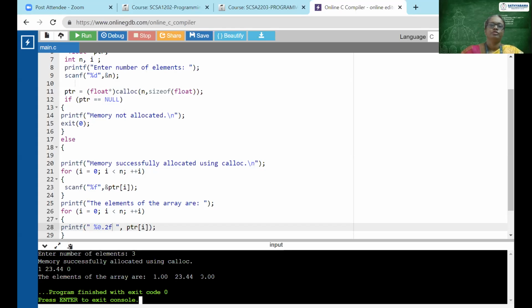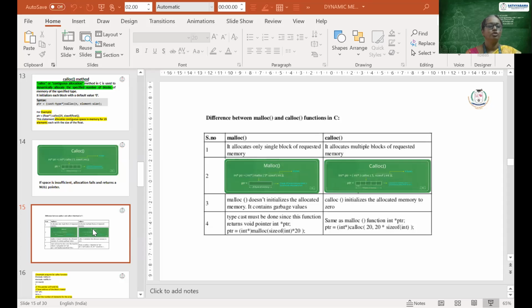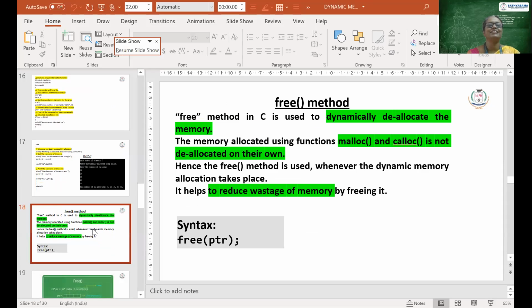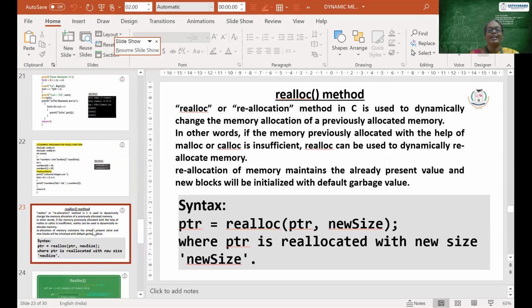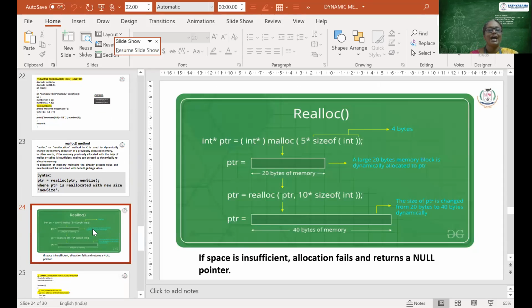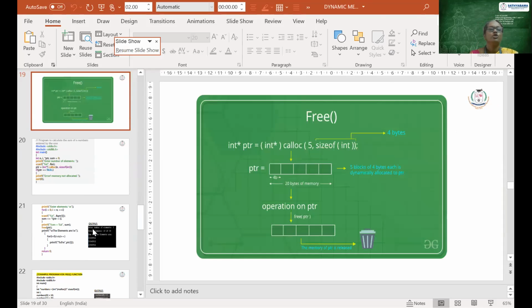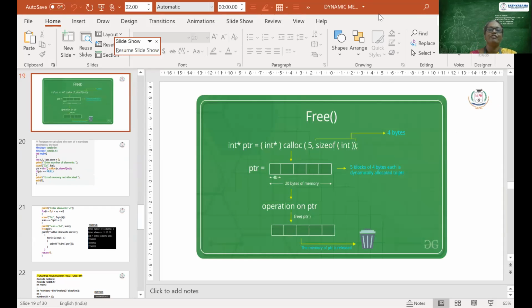Yes, ma'am. Okay. So today we have seen malloc and calloc. The other function is free. I will teach you in the next class. And one more function is realloc. Free and realloc will be there. So we will see to this free and